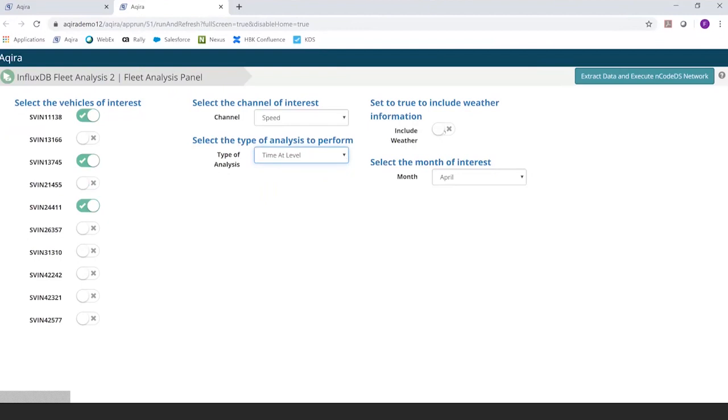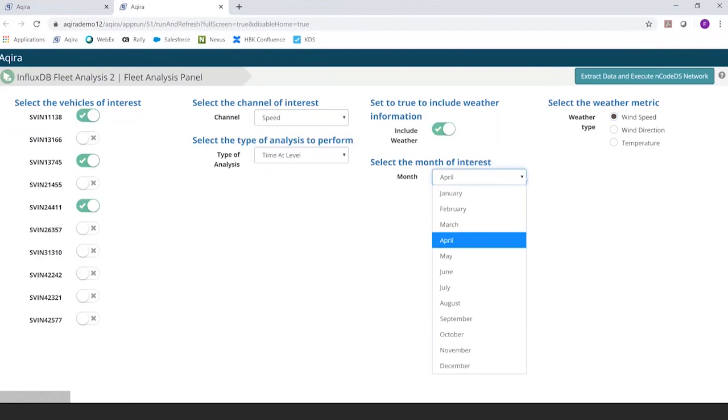Optionally, I can include weather statistics. This might be interesting, for example, if you are designing trucks and you want to estimate what lateral loads are exerted on your vehicles when they are being driven in certain conditions. And let's suppose that I want to extract all the data from April.